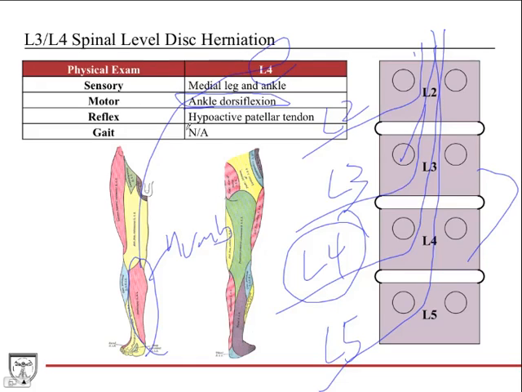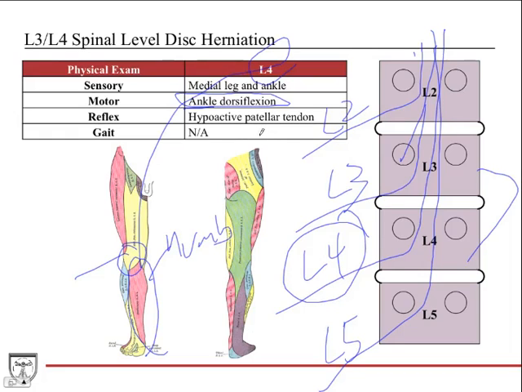The reflexes, they're going to have hypoactive patellar tendon reflex, so the knee tap reflex. Okay, that's going to be weak. Hypoactive, and just a little bit of neuroanatomy: if you've taken neuroanatomy, or if you're taking it at the same time as this, upper motor neuron lesions, you're going to have hyperreflexia,